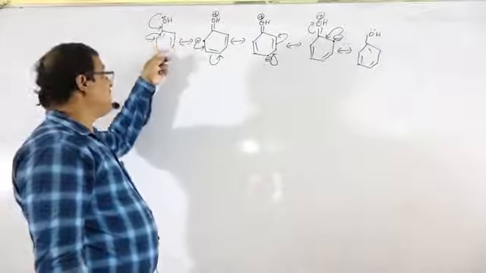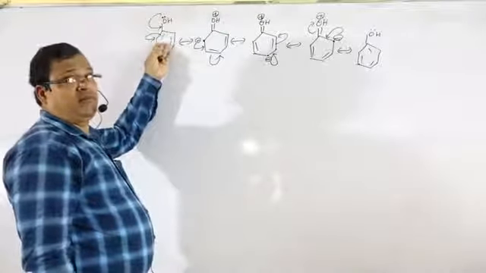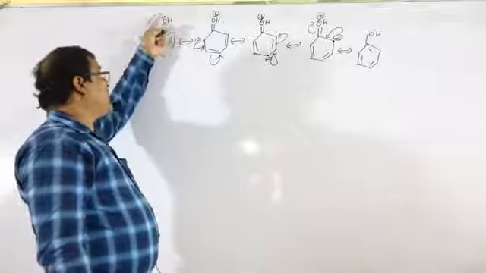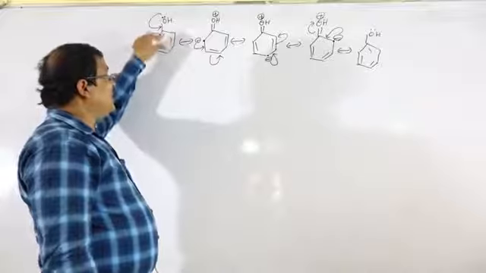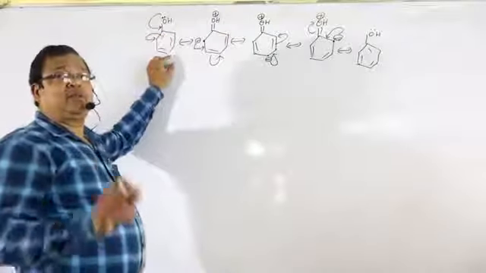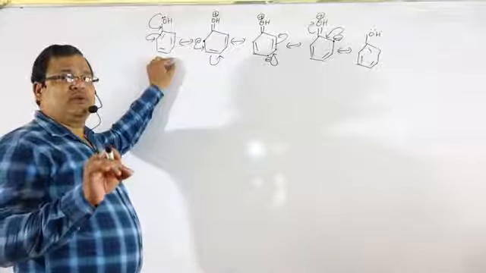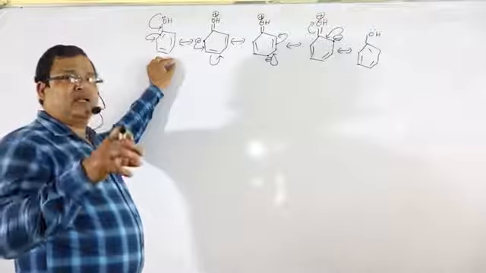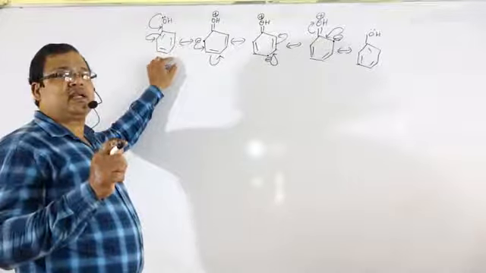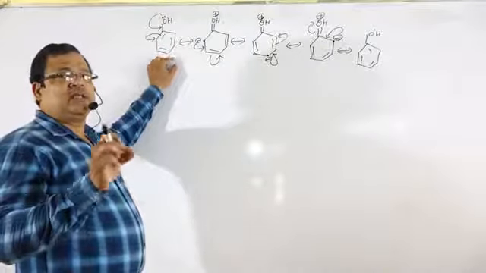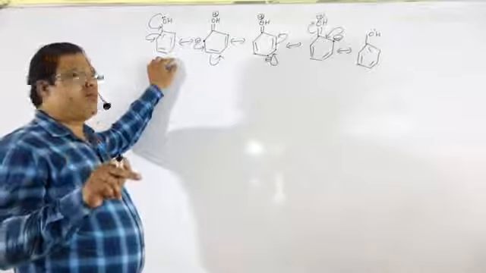There is the presence of the 6 pi electron clouds, and these electrons will get attracted towards the ring. Because of resonance, they will get attracted towards the ring, so electron density in the ring increases. In comparison to benzene, in phenol the electron density in the ring becomes more. Therefore, this phenol ring will attract the electrophile to a greater extent. Therefore, the OH group is treated as ring activating towards electrophilic substitution.